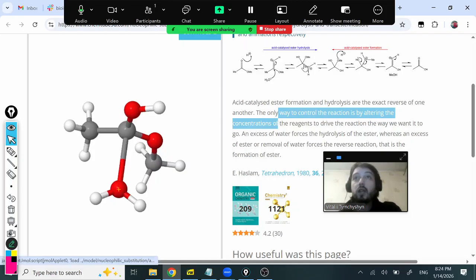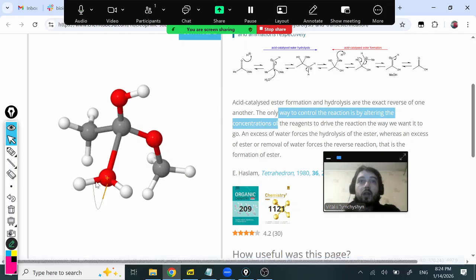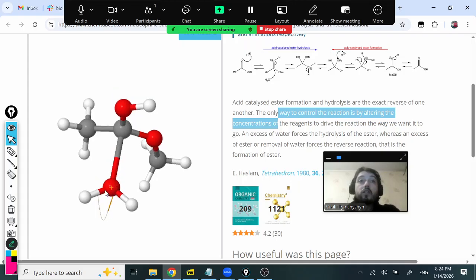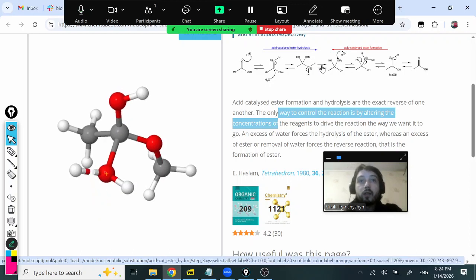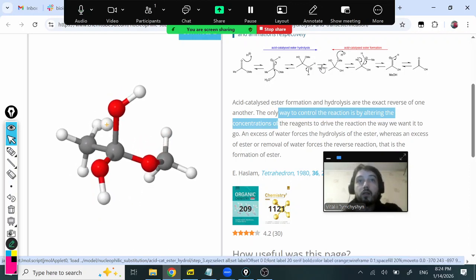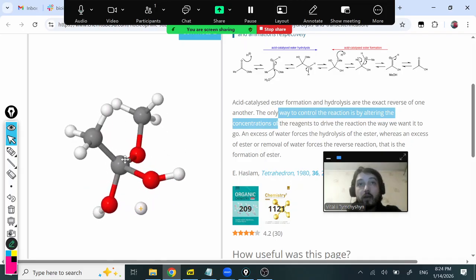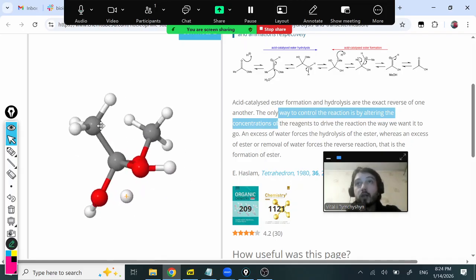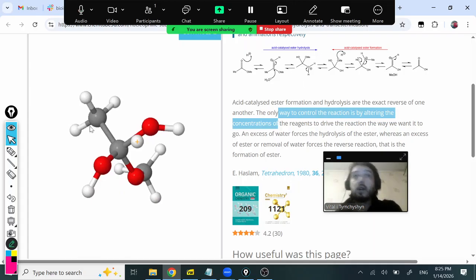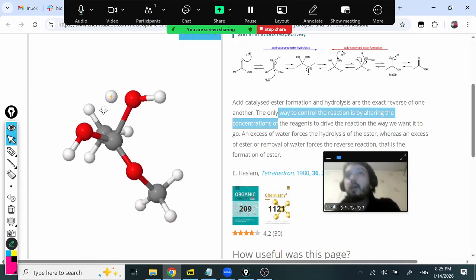And now we will want to lose one of the protons and transform our oxygen to the neutral form. So let's check it out. So the proton leaves, and we have the sort of addition product. So here it is. This is a hemiacetal,